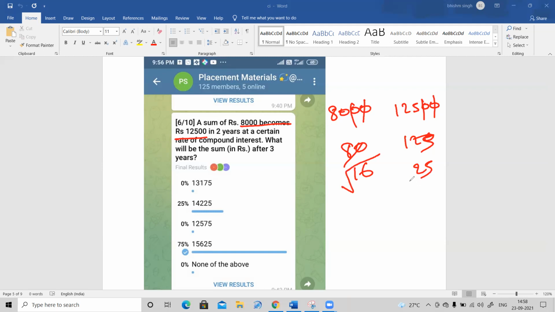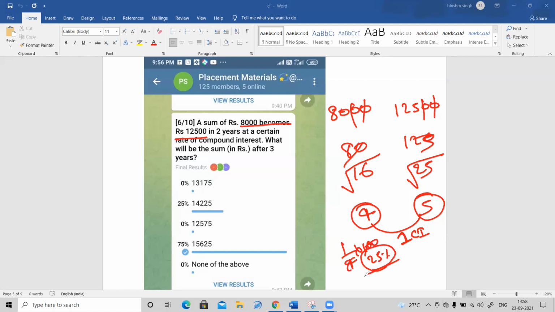So I will take a square root. After 2 years, the principal becomes this much amount, and after 3 years you have to take the cube. So this is 4 here, this is 5 here. 4 is the principal, 5 is the amount. So how much extra rupees are you getting? 1 rupee extra. This is your compound interest, your CI in the second year. So 1 rupee is the CI here. 1 is what percent of 4? Find it, everyone: 25%. So the interest rate here is 25%.